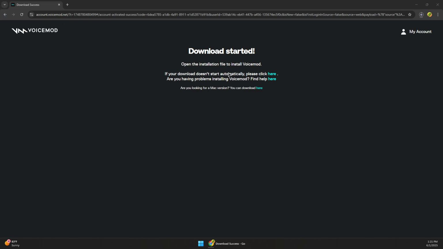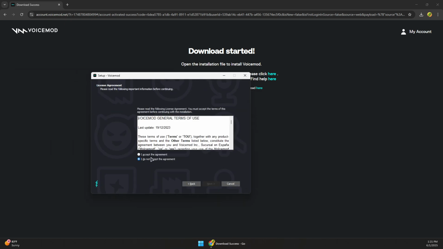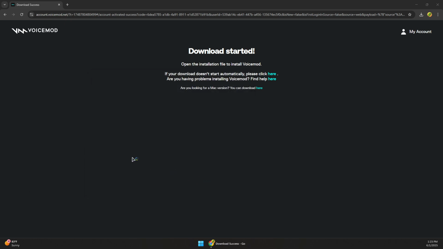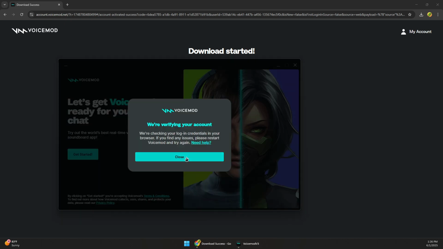And then you'll be prompted to download the software. Now, once the software is downloaded, you want to click on it to open the installer. And then you'll need to install the software. So I want to press next and accept the terms and then let it install. Now once the installation is complete, you want to launch the software and then you want to press get started,